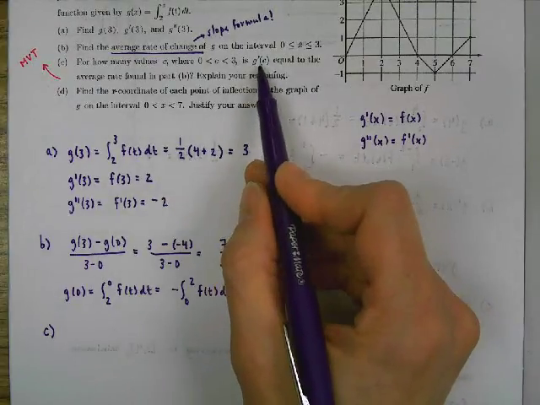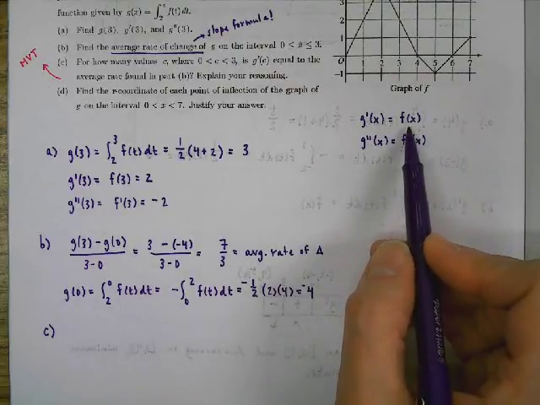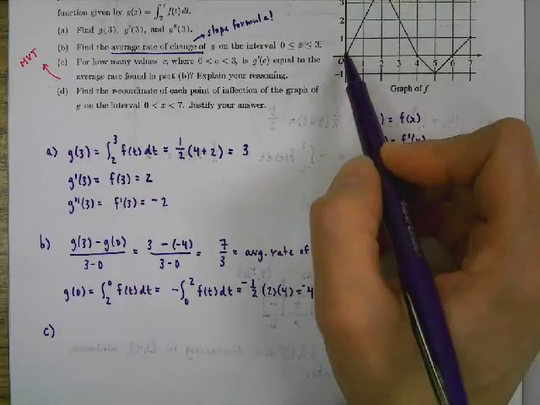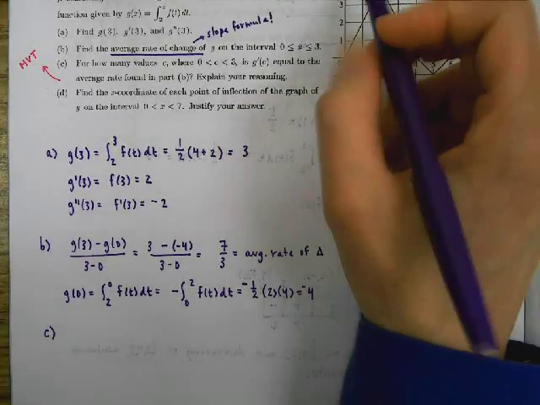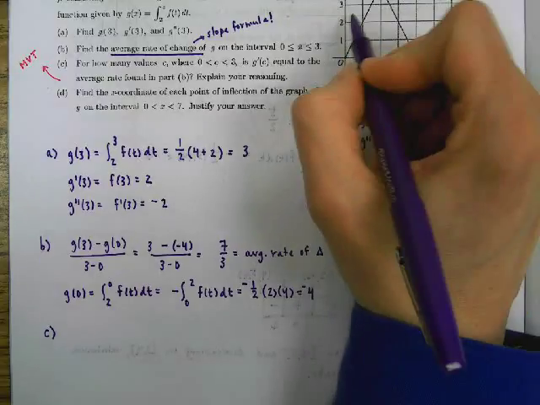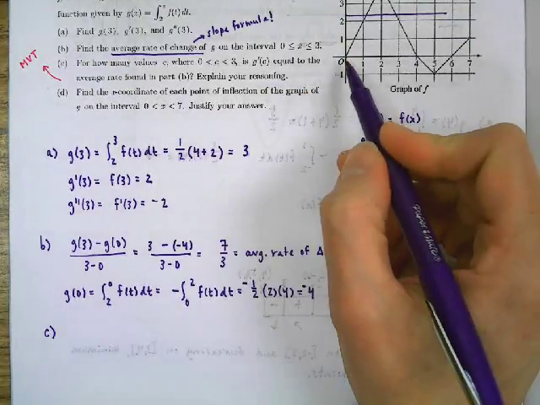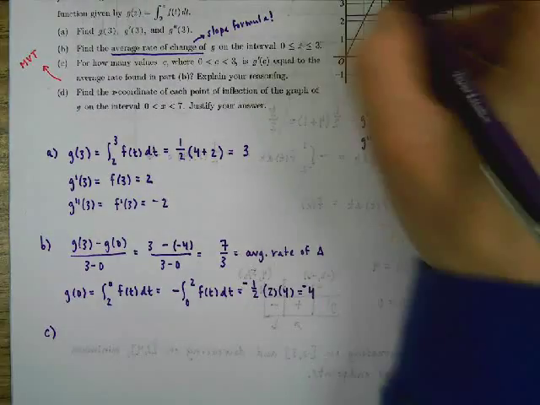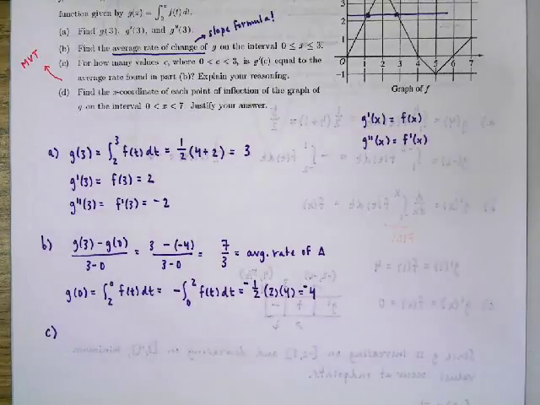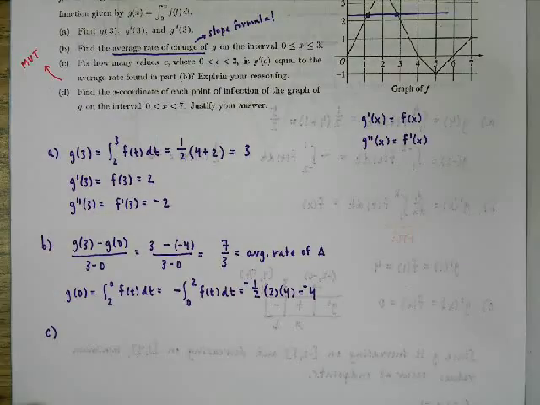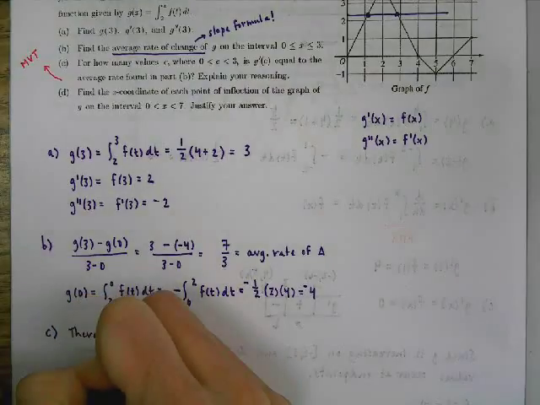And let's see, I know G prime of C, well, that's just equal to f of x. So what I want to know is how many places is f equal to 7/3. So we can think here of drawing a horizontal line. I can see in the interval between 0 and 3, I intersect the graph of f 2 times. So I would say there are 2 values of C